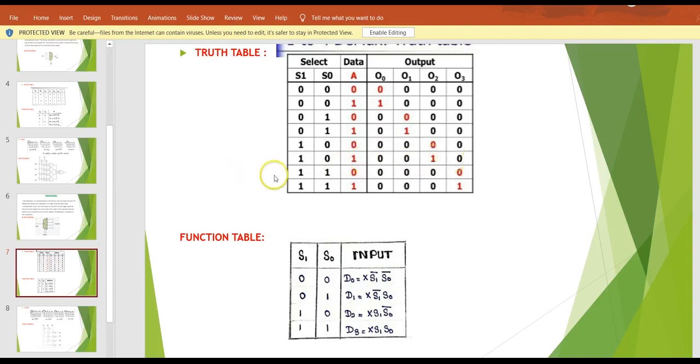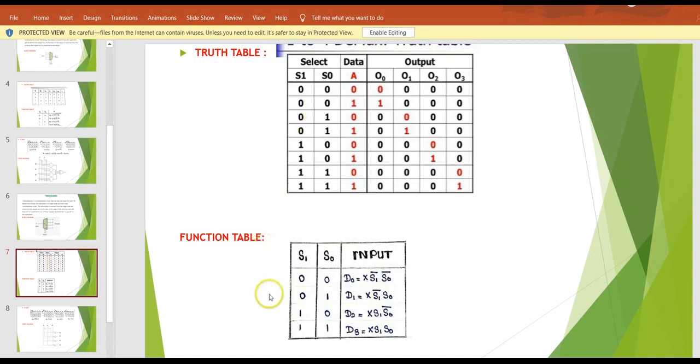If I give S1 1, S0 0 and the input line 1, we'll get output at D2 and the remaining outputs are 0. If I give S1 and S0 both 1 and the input line 0, we get an output 0. If I give both selection lines 1 1 and the input line 1, we get an output at D3 and the remaining outputs are 0. Please look over this. If we give input line 0 for all combinations, we get output 0. If we give 1 for the input line, we'll get the corresponding outputs. The outputs depend upon our binary information.